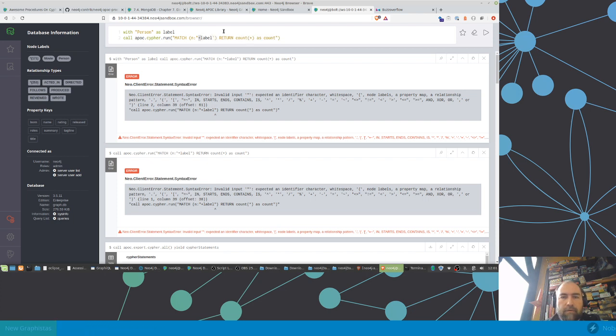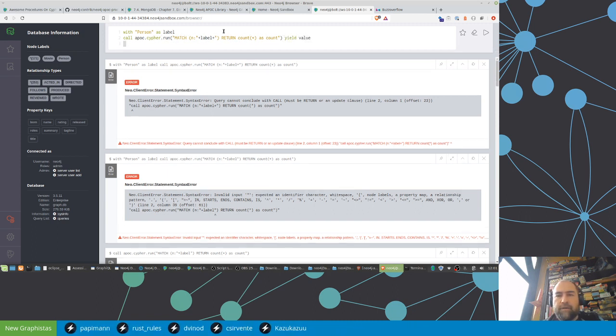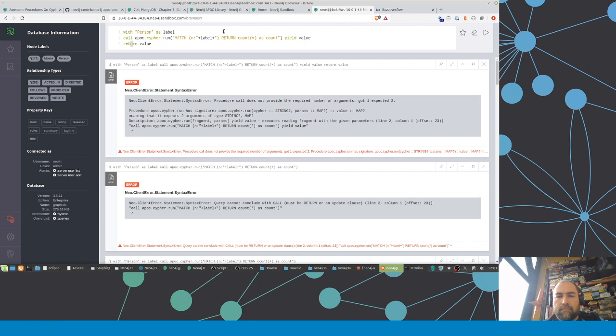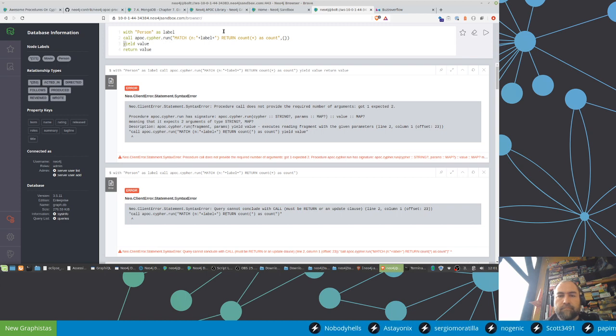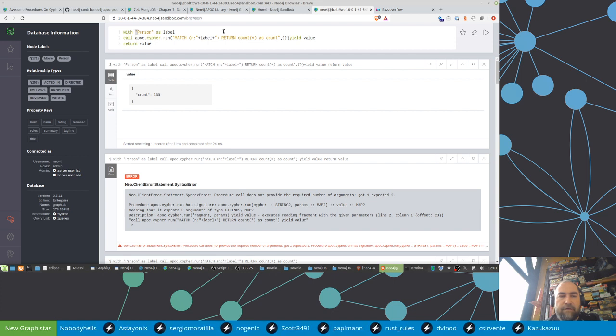Sorry, wrong. This should actually be correct. I forgot a plus, I think. Call apoc. Oh, we need to return yield value, return value. And it has a non-optional parameter map. But no, so imagine we have something where we want to combine this, so we can say unwind, because this is a more efficient statement to get the label count because it